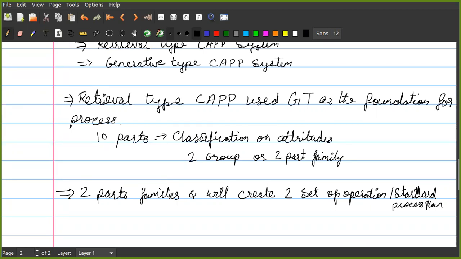The standard process plan is stored in a computer file and then retrieved for new work parts which belong to that particular family. So you create a part, that part is put into a part family, and that part family will have a standard machine routine. That machine routine will be used.